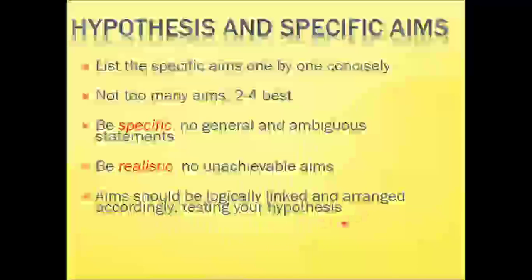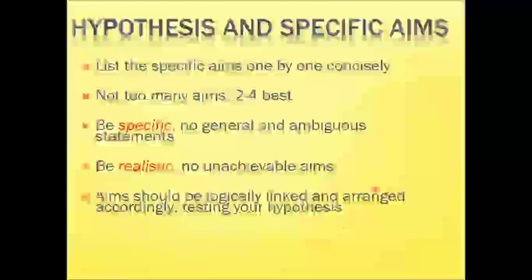Testing your hypothesis. There are two types, null hypothesis and alternate hypothesis. We tend to go for a null hypothesis, where we state that between both the groups or both the studies, there is no difference between the two treatment groups. And if there is any difference, then this null hypothesis is rejected. So at the start, we assume that both the groups are comparable. Whether we want to refute it or accept it, that is what null hypothesis and alternate hypothesis deal with.